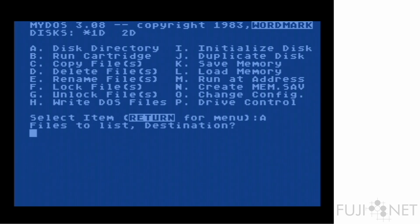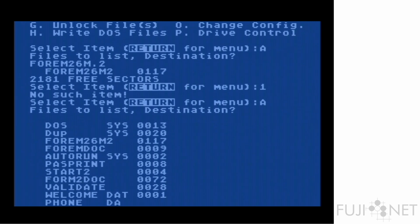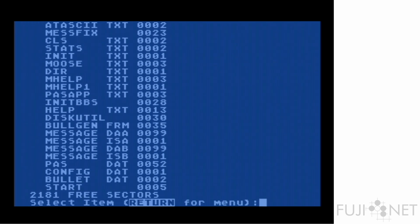If we take a look at the size of FoReM here, it's 117 double density sectors long, so double that value. It's over 200 and some odd sectors right there. It easily fills up the entire available memory space in BASIC, leaving approximately 3.5K free if you use MyDOS. So the version of DOS that you use here is important. And in point of fact, if you actually take a look at the documentation that is present,